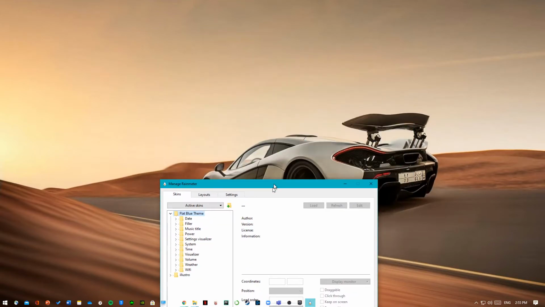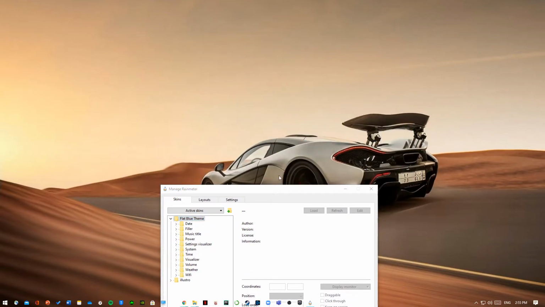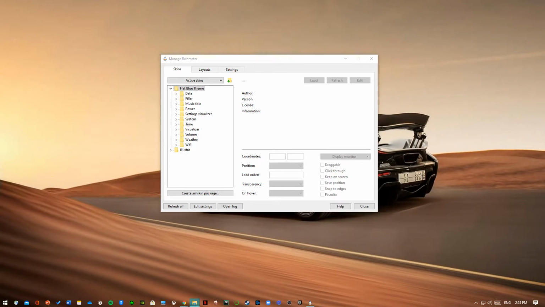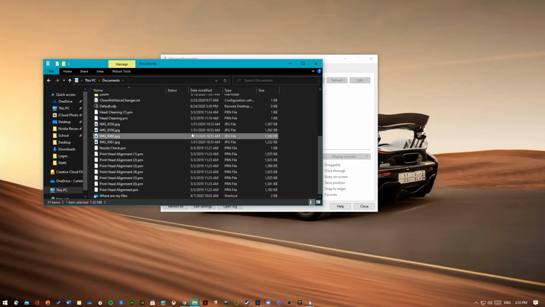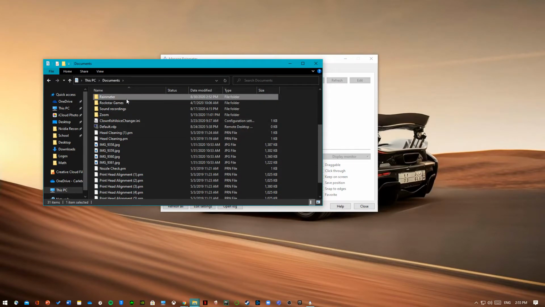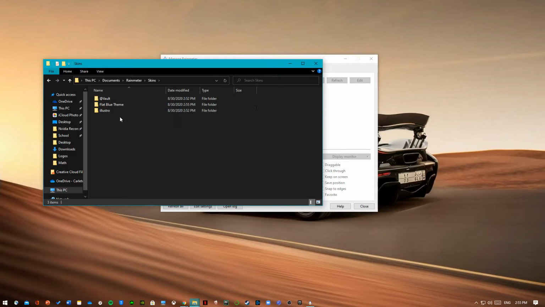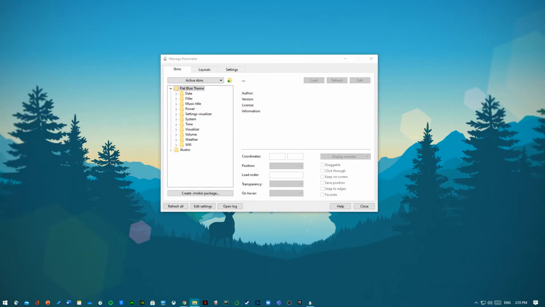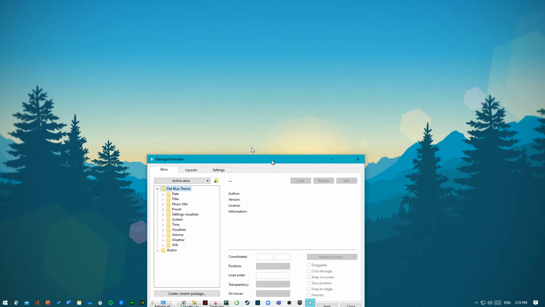Now first of all, we need to change the wallpaper. In order to do that, you have to go to your documents folder. You go to your documents and go to Rainmeter, skins, flat blue themes, and you'll find the wallpaper right here. Right click, set as wallpaper. There you go. Now we have the wallpaper,